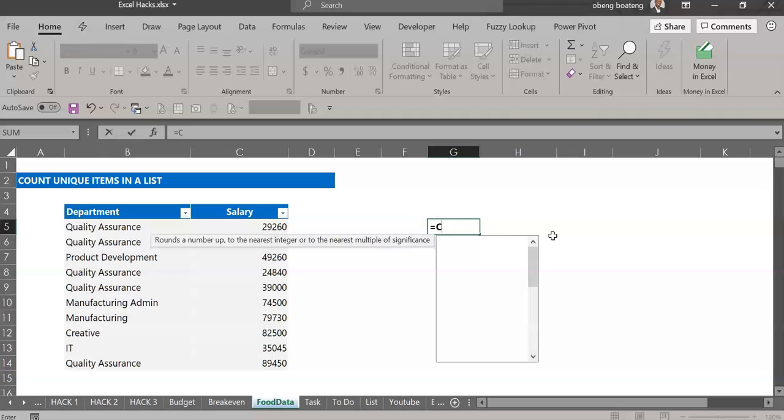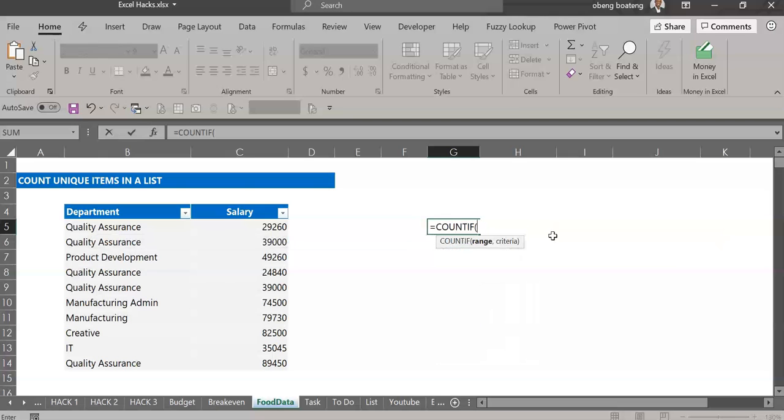To do this, you can use Excel's COUNTIF function. COUNTIF will count based on a criteria. It requires a range, which is just this list containing department names. And in a typical situation, we'll provide one word or one cell for the criteria. But for this purpose, we want to use the same list as a criteria. Now, what will happen is that it will tell us the number of times each department appears in this list,